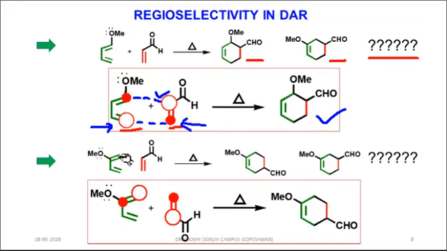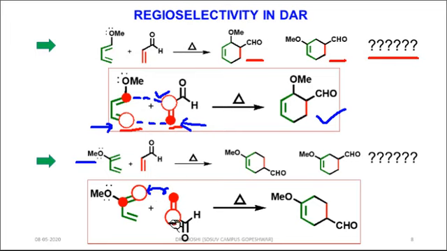Whereas if we have a 2-substituted diene, where the electron donating group is at carbon 2, this will increase the electron density at carbon number 1. Therefore, the HOMO orbital coefficient of C1 will be higher. If we flip this dienophile in such a way that the more electrophilic part comes in front of the more nucleophilic part of the diene, then bond formation can take place.